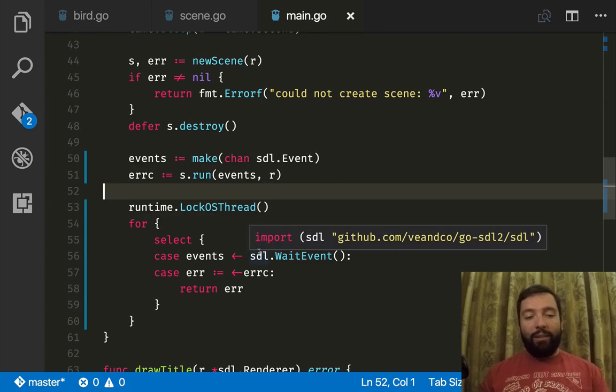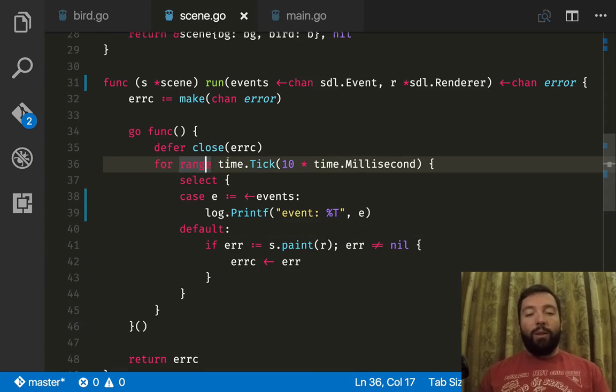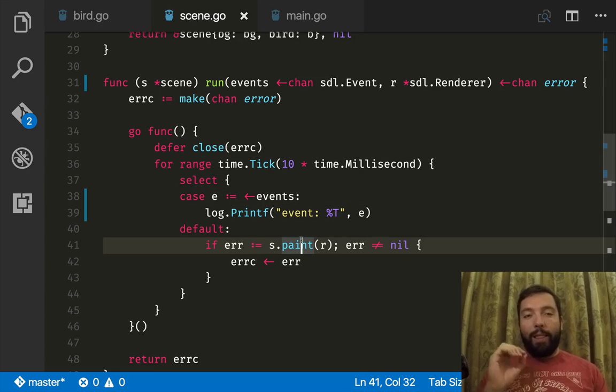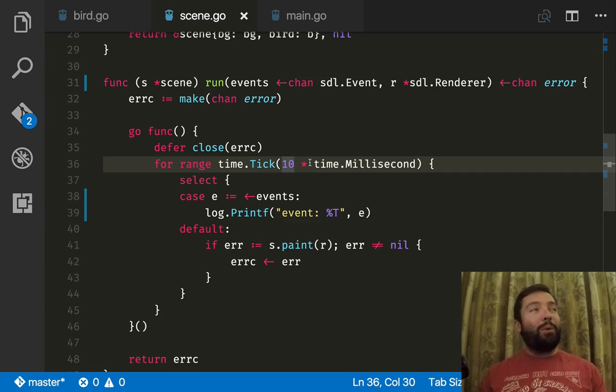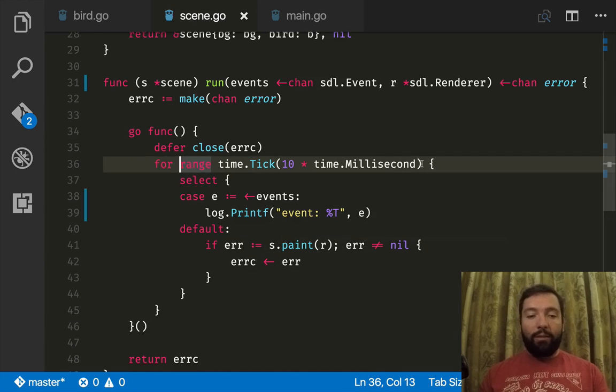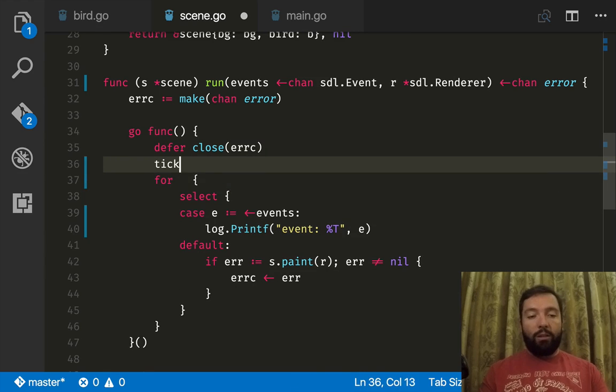Let's see how we're handling the events inside of Scene. What we're doing is waiting for 10 milliseconds, and then either we get an event or we repaint. That is totally wrong, because the problem is that if we receive more than one event every 10 milliseconds, we will always be handling events and never handling that paint. So let's move that. So our ticker, we're gonna call that ticker,